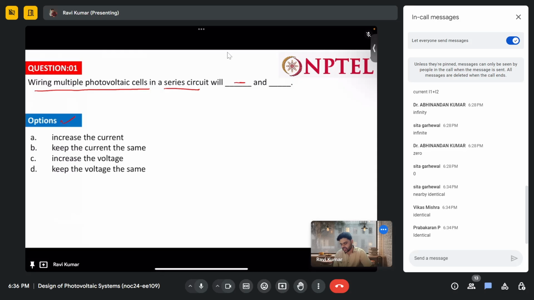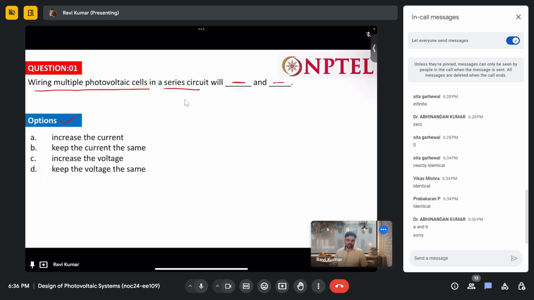What is there and what is there? So simple. If we are connecting photovoltaic cells in series,